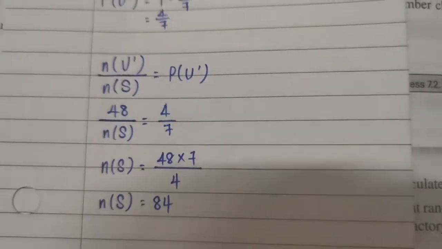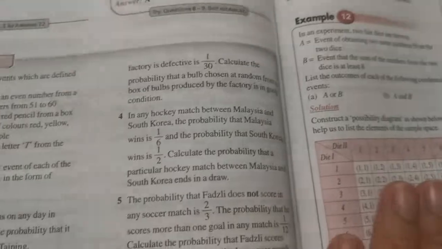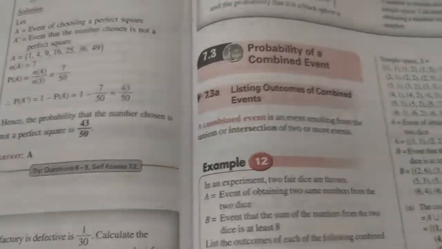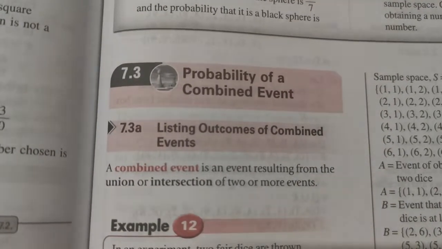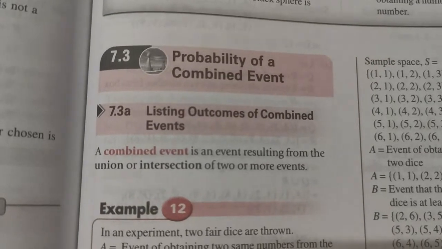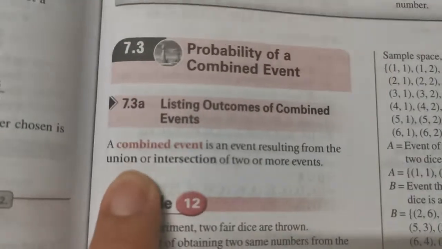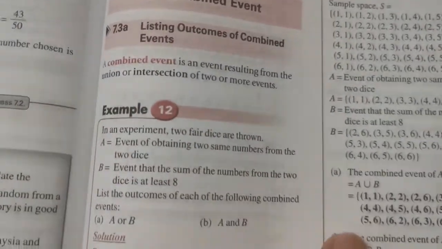After this，这个是 7.2。After this，我们要学的是 7.3. Make sure 你做完 7.2，except 我刚刚讲的，你才进 7.3。好，7.3 是 probability of a combined event. 我们的 combined event 是 resulting of union and intersection. Union and intersection，我希望你还记得 set 里面学的。